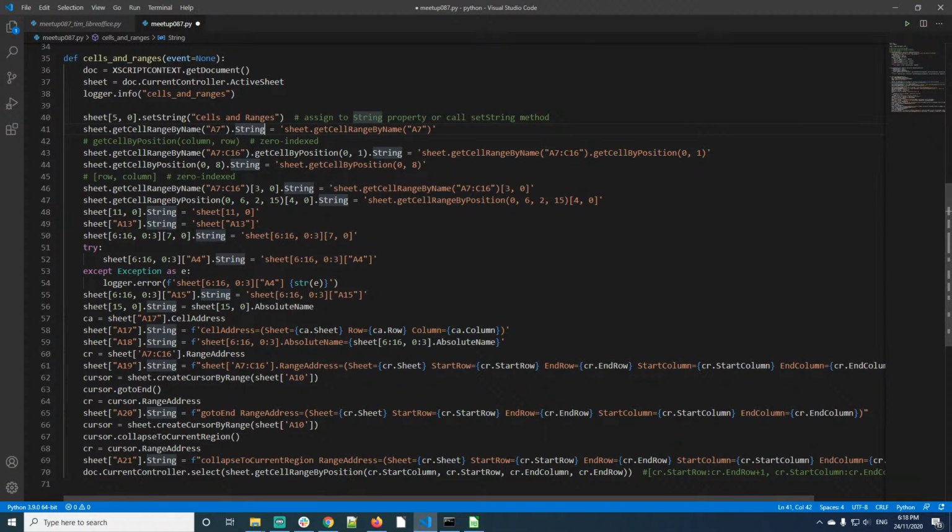Okay, so what I've done, all these different ways of referring to the cells, I've set the string value of that cell with the way that I used to refer to it. So this one is saying sheet.getCellRange by name. So that's a function you can call on the sheet, and it takes a parameter as a string, and the string can be either a single cell or it can be a range of cells. So if you've got a range of cells, then you've got to select one of the cells within that range, and so you have to call getCellByPosition on that range of cells, and that takes a